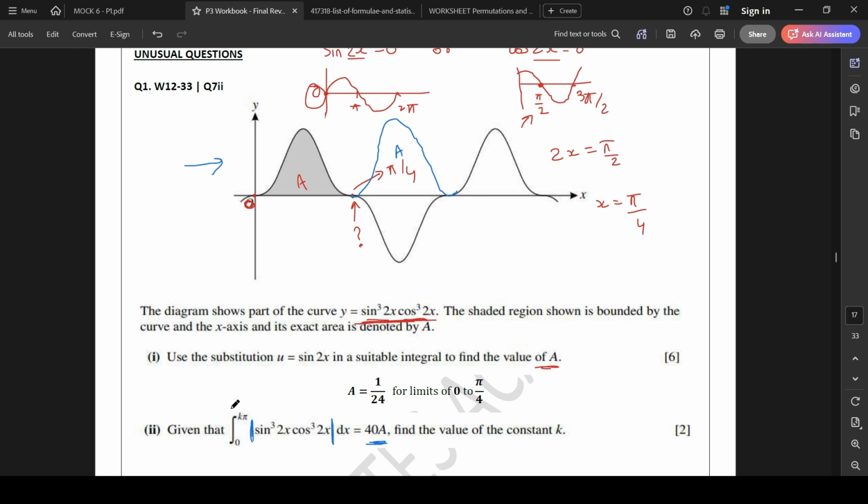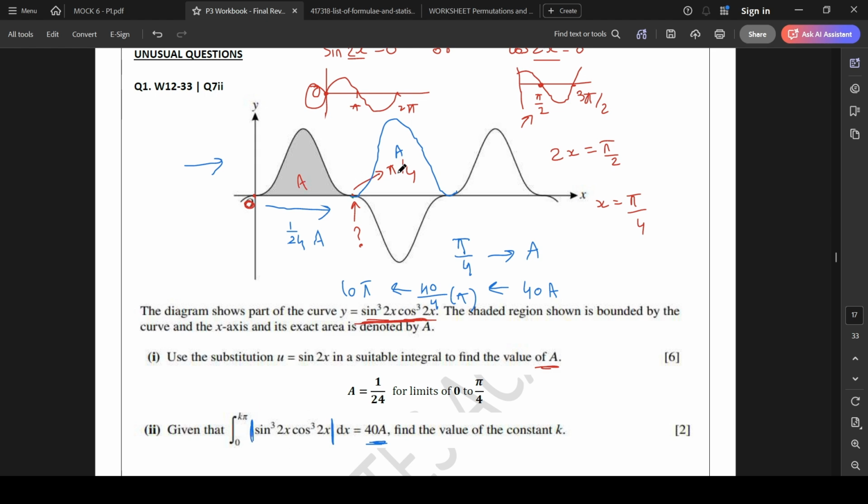Now, how can we find out the value of k? That is the main question. I know that in 0 to pi by 4, so basically for every pi by 4, the area is coming out as 1 by 24, or let's call it a. For every pi by 4, I am getting area a. So for 40 areas, I will have how many pi by 4s? It will become 40 pi by 4. So 40 pi by 4 is nothing but 10 pi. So from here, I can say that if I go from 0 to 10 pi,